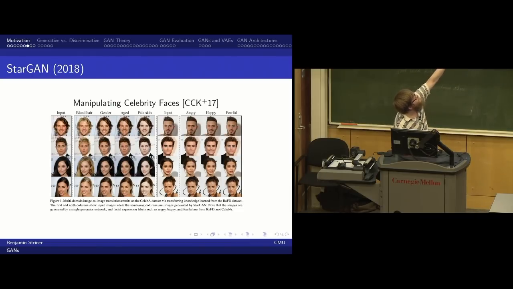You have an image of the input. There's no photo of them being happy or photo of them being sad, whatever, but you can add that to the image. You can make them blonde. The gender swap is kind of funny. Aging people is kind of cool. And these are all new